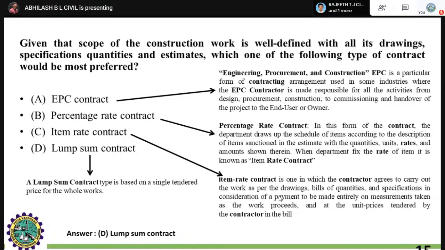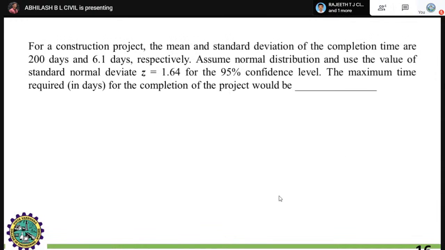At last, the lump sum contract. As you know, in the previous slide we studied the lump sum contract, that is an overall contract based on the single tendered price of the whole work. That is, the overall work should be carried out under that type of contract. For the stage of foundation, the client should provide around 1 lakh or 2 lakh. At the stage of lintel level, he has to provide around 5 to 6 lakhs, like this. At the completion of the project, he has to provide this much amount of finance. Like this, the lump sum contract works.